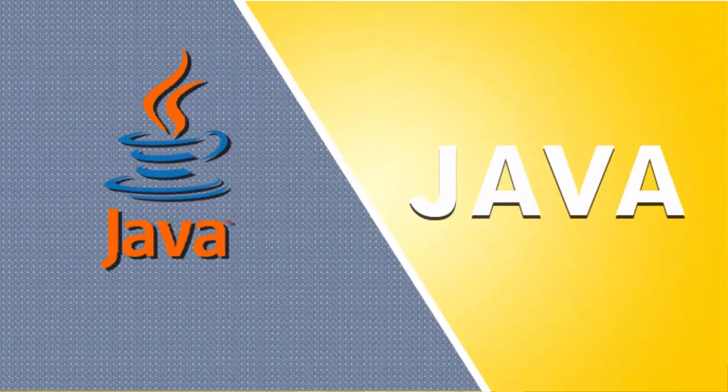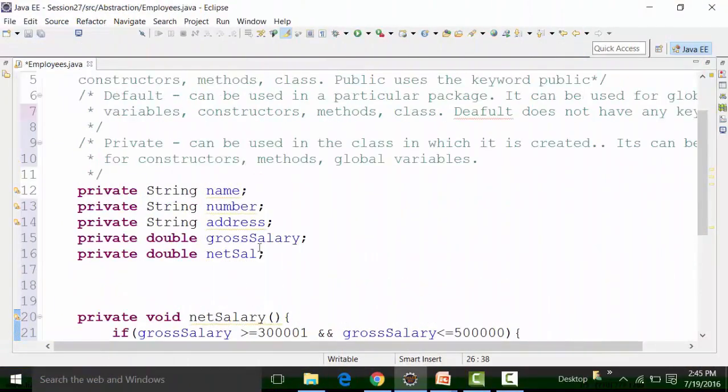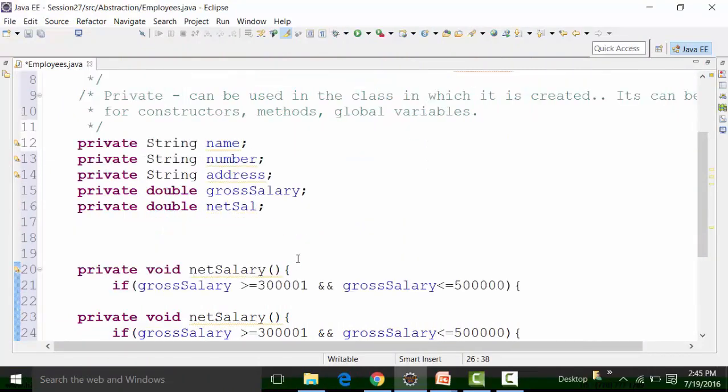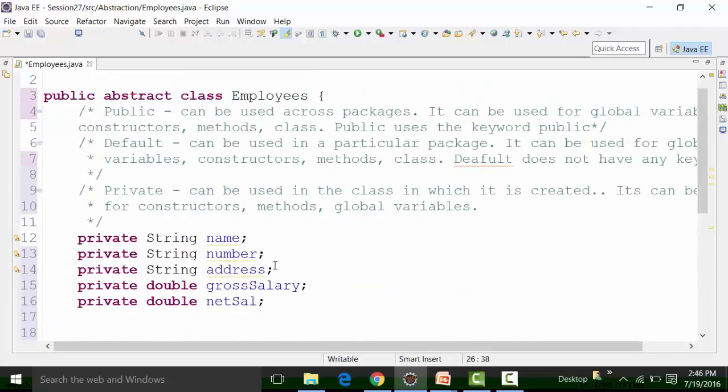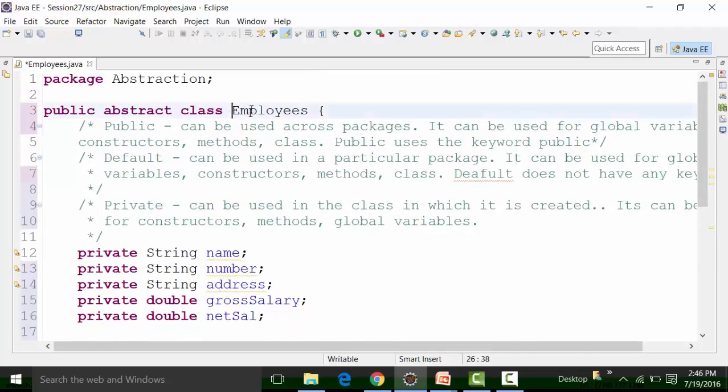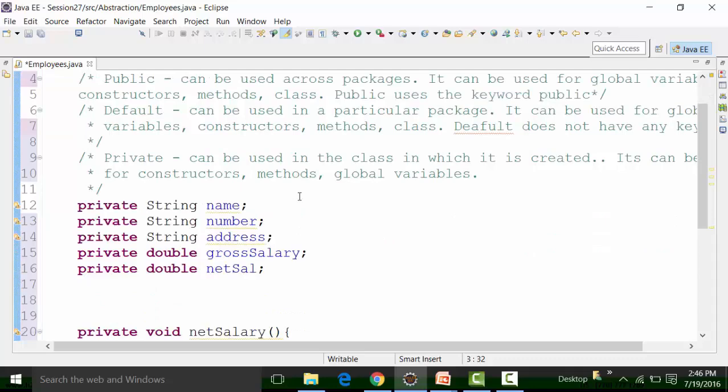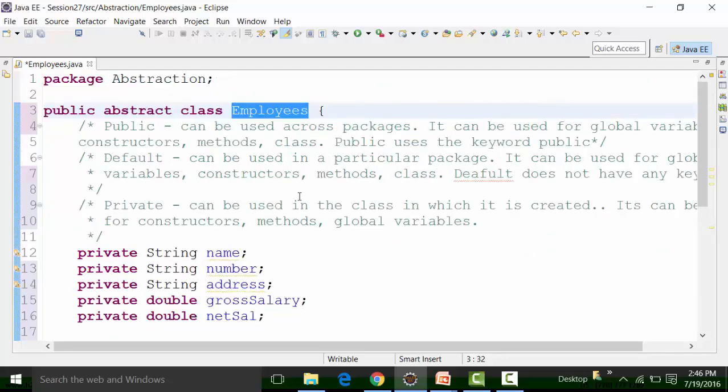Okay, so this is what you will get, and I need to call this inside the main method, but there's no main method out here. So how will I call this? The main method is not called because you cannot initialize or instantiate the employees class. You cannot create an object of the employees class. So let's say